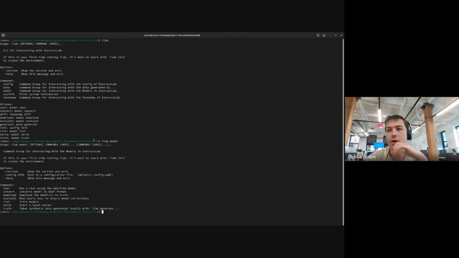So if I run iLab model, I hope this works, might not. It shows all the commands in the model group, and there's commands like chat, convert, download, evaluate, list, serve, and train. So evaluate used to be test. We're converting it to evaluate just because of future work that I think we're going to be doing. And I added this one in as well. We can go back and see if we want to actually include that in the PR. But iLab model list